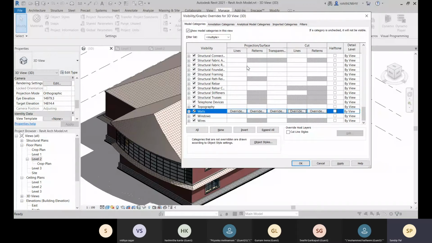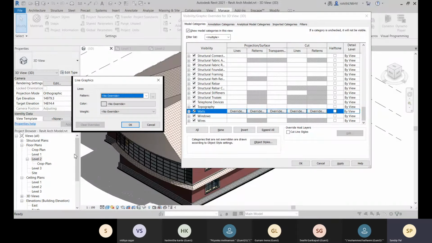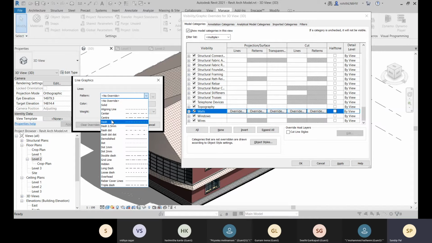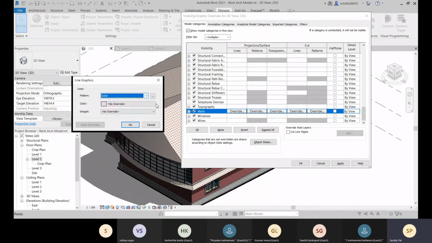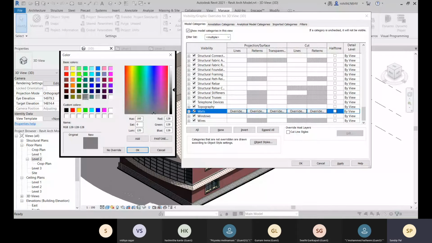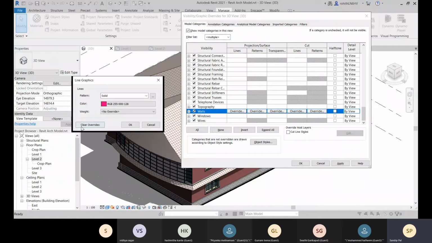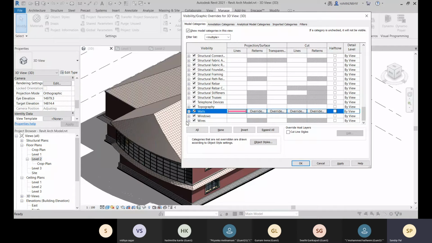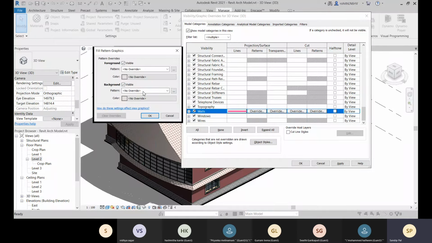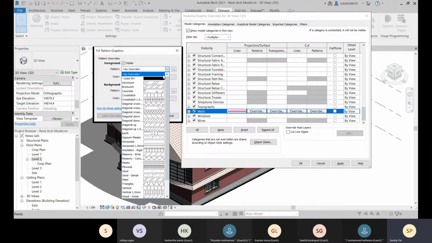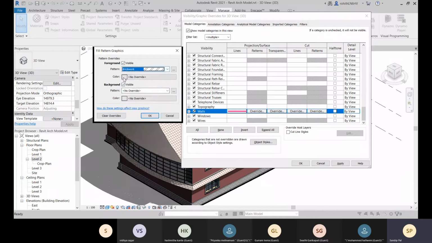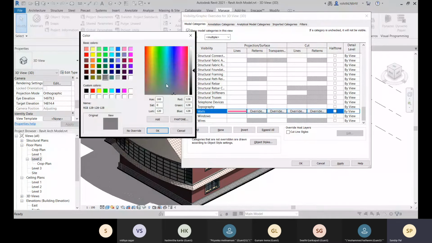And now we will be overriding within this projection on surface. So let's go for this. Let's choose this one, and here I will be selecting like this. Let's go for click on OK and wait if you need any line width, so you can choose that. And let's go for some patterns over there, and let me go for this brickwork color should be this.